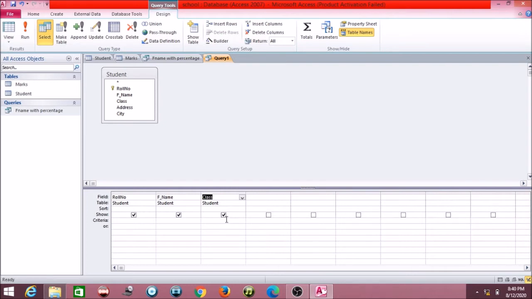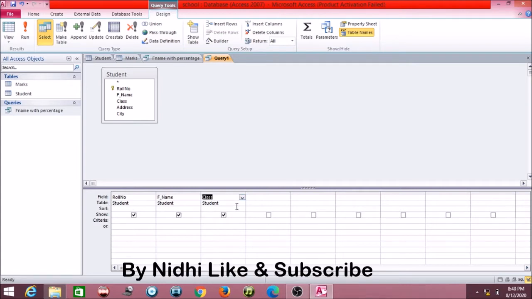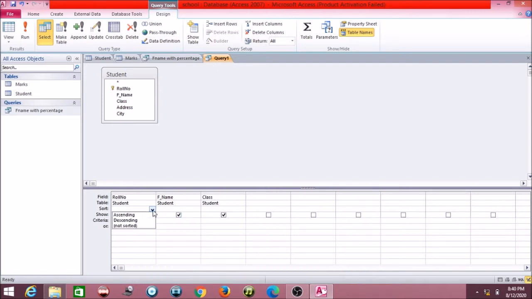Okay. After the first thing, column name, the second thing is table, from which table we are taking these columns. Third thing is sorting: roll number, in which order I want, ascending or descending, I can select from here. I am not selecting roll number, I am just selecting first name, and that is also in ascending order. So it is your choice, you can select in all the columns or in a particular column. After that, Show means we want to see that column, so Show is already ticked.